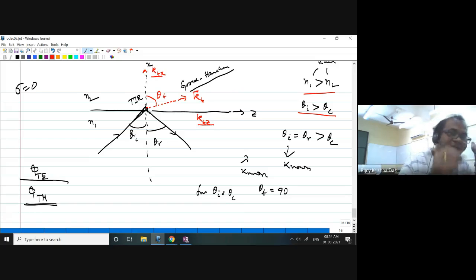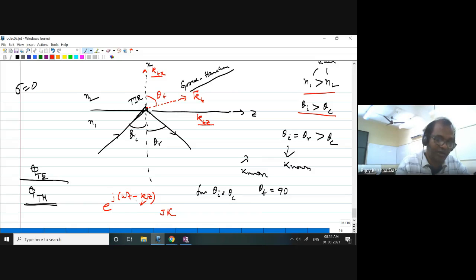So when it is an imaginary solution, in an electromagnetic wave, if your k vector is imaginary, you know the electromagnetic field is e to the power j omega t minus k z, if it is propagating in some z direction. If this k becomes imaginary, like j kappa, what will happen? This j will be there, minus j, for example. Then what happens? Attenuation, sir. It will be attenuation. So that means k_tx, if you can show that for theta i greater than theta c,